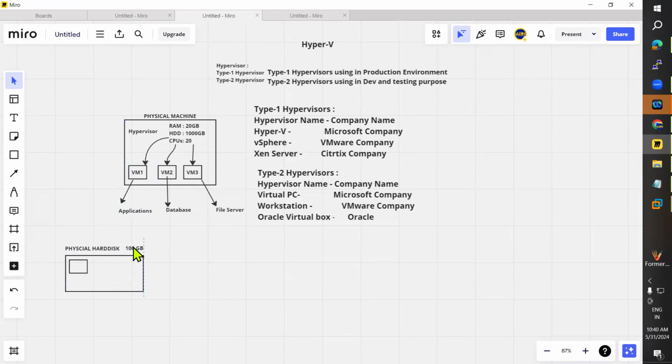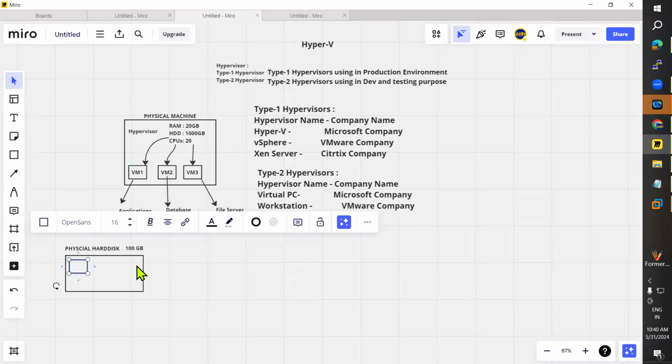If you assign 10 GB to this virtual hard disk,